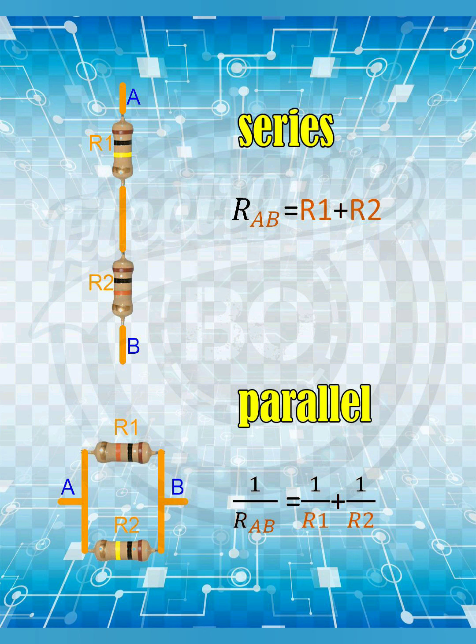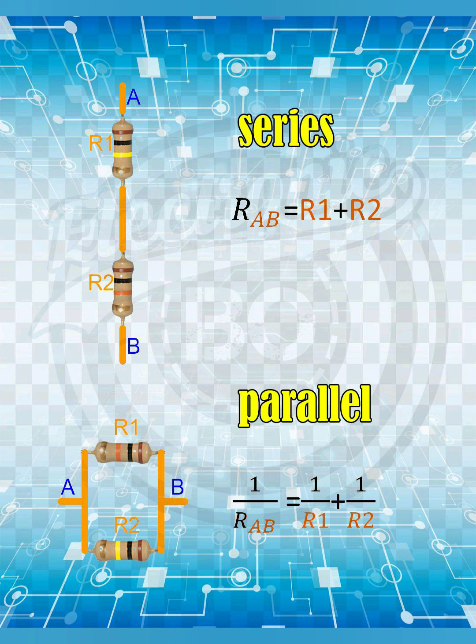So two or more resistors can be connected with each other by different combinational methods in order to achieve the desired equivalent resistance in a particular circuit. First, let us understand the series combination of resistors. Resistors are said to be in series combination if they are connected end to end.